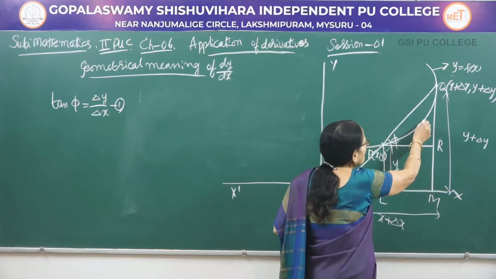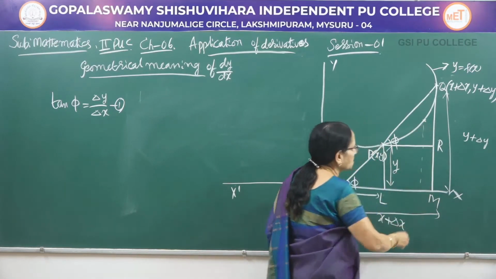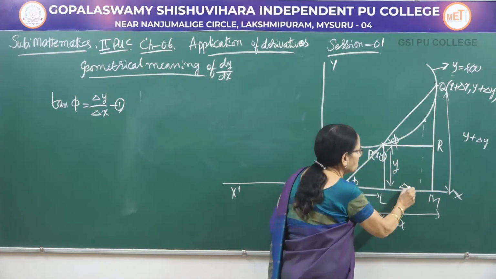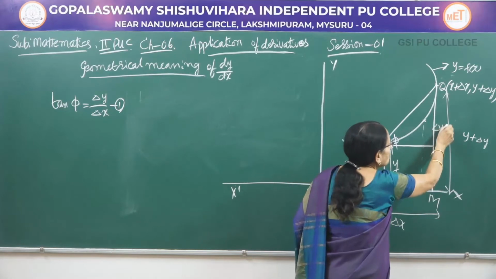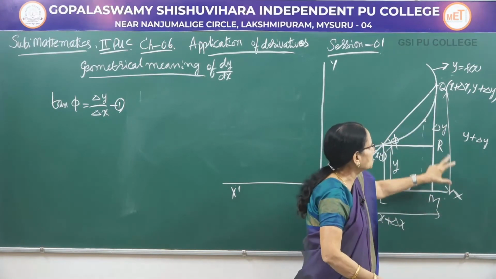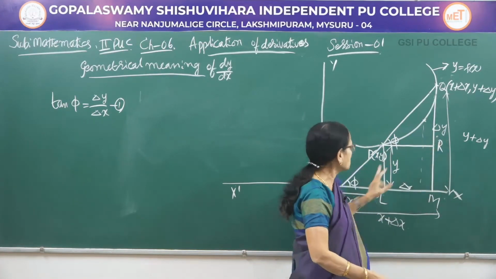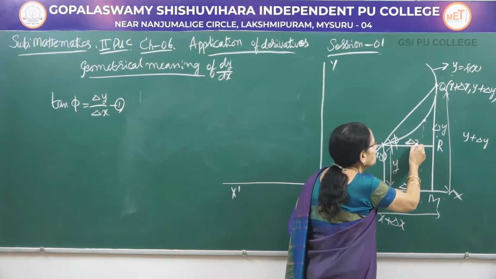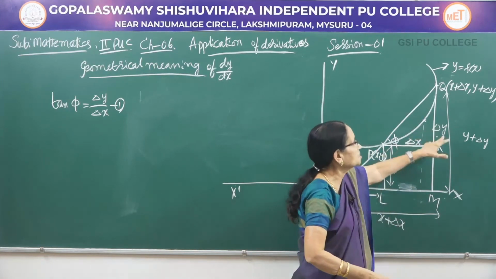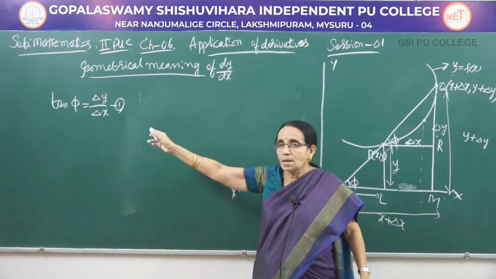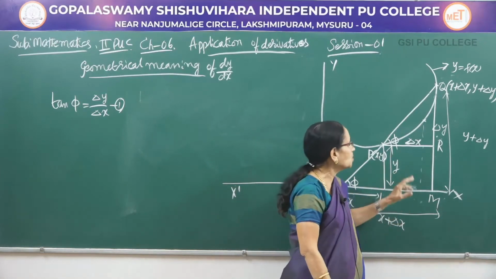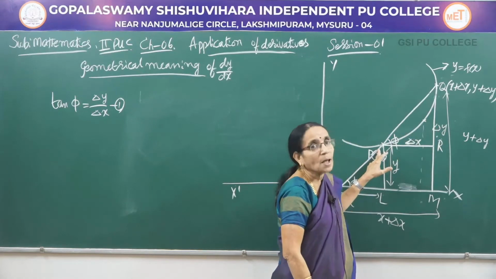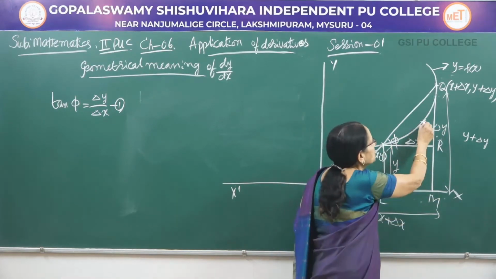Suppose the point comes here, Q, then if you draw the perpendicular like this, originally this distance is delta x, this distance is delta y, this is y plus delta y minus y, this is delta y, x plus delta x minus x, so this is delta x, okay. This distance is delta x and this distance is delta y, and that is what we have got here, delta y by delta x. Now, suppose the point Q starts moving towards the point P along the curve, suppose it comes to this particular position.